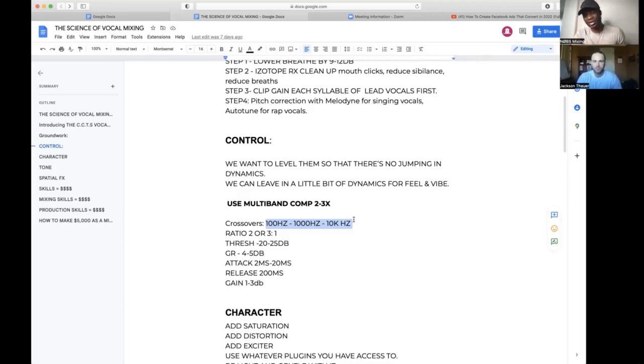Then the attack time that we're using, the attack time is not like a set and forget. You've got to use your ears and kind of find the attack. But I put these numbers here as a starting point. Sometimes you want to let it loose and go all the way to 30 to let a little bit more attack come through. And sometimes you want to just stay between 2 milliseconds and 20 milliseconds.